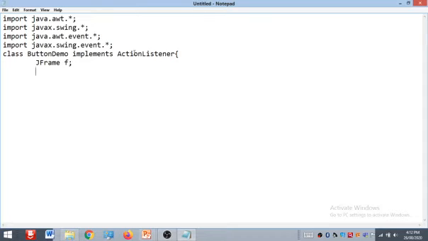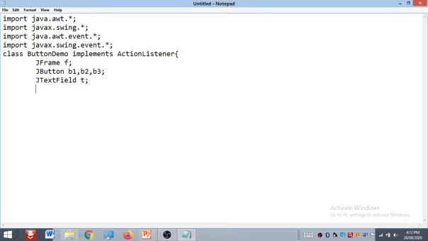Then JButton, we create the buttons, suppose b1, b2, b3. We create three buttons here. Then here JTextField, suppose t. Here we create the components.